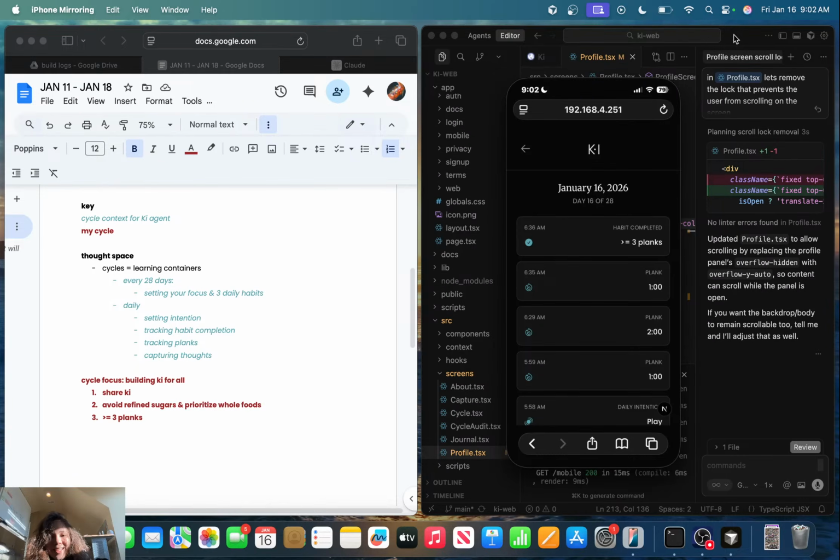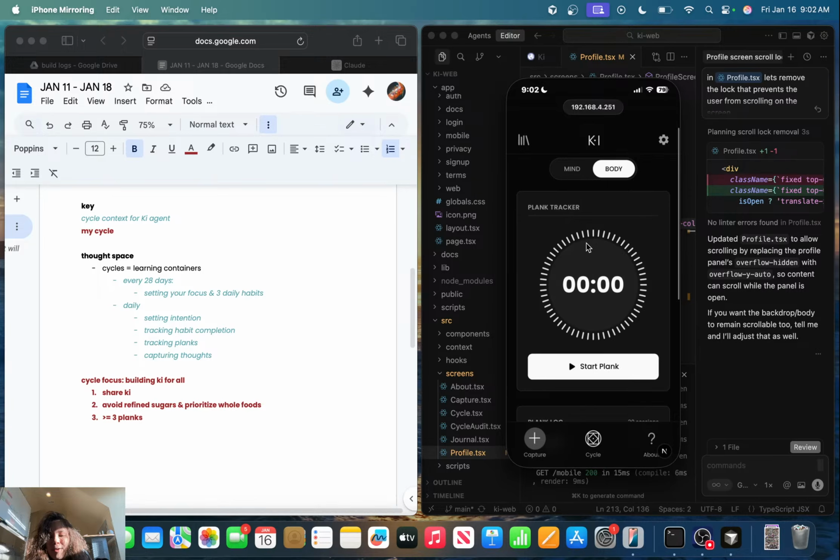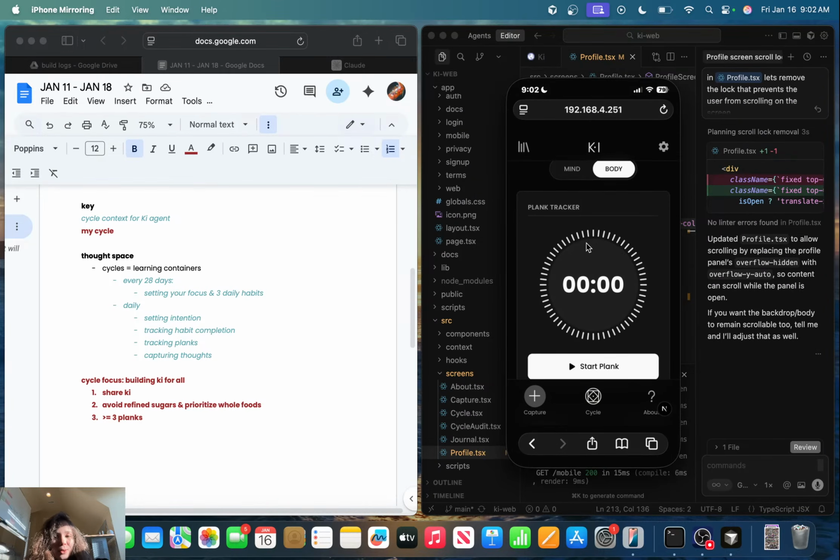How cool is that? I can use this. It's so cool. And I just think it's been something that I've been trying to wrap my head around for so long, and I have struggled to put it into this universal, simple system. You have to keep it simple because there are so many different ways that people could use this. There's so many ways that this could help people, and it's trying to figure out what is the core essence,